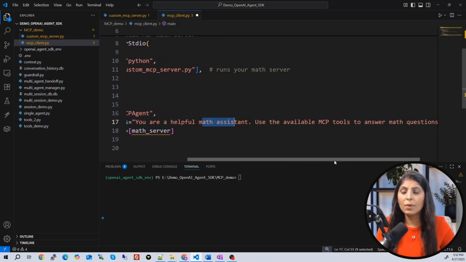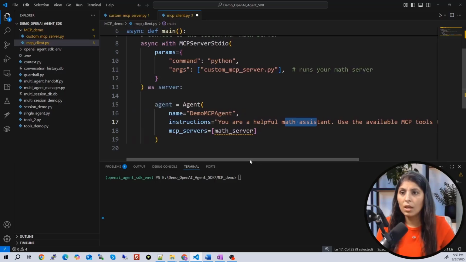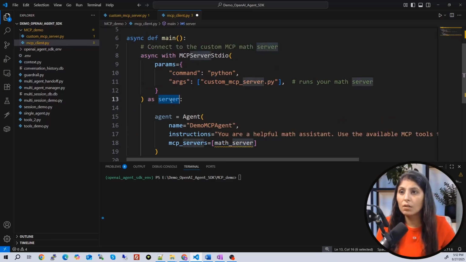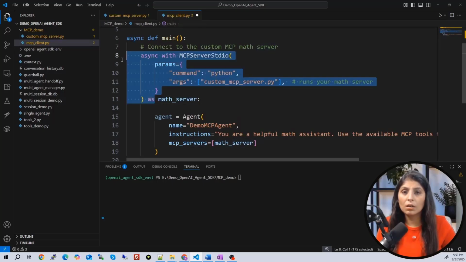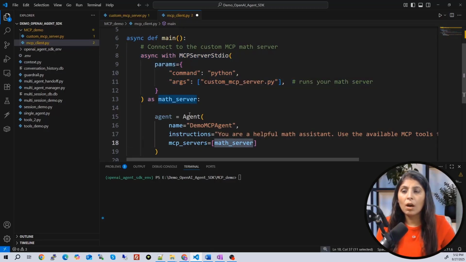You are a helpful maths assistant. Use the available MCP tool to answer maths questions. And then here we are providing the name of the server, our maths server. Okay, here we are using the maths server name, and here let's change this name to maths server. This is our custom MCP server, and we are providing that custom MCP server to our agent.